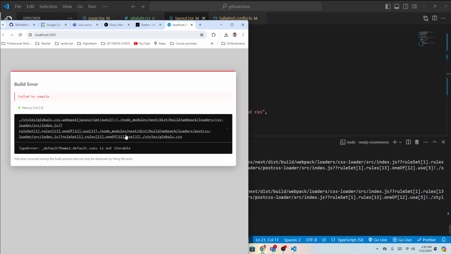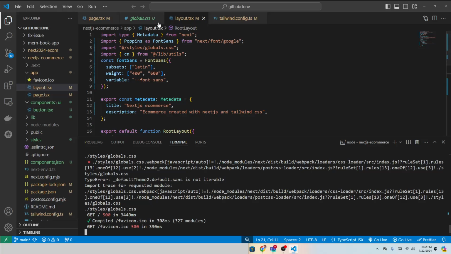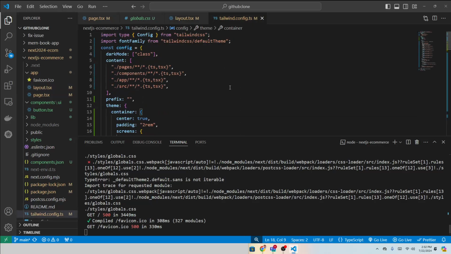So it's saying what, right? Node module next.js build webpack loader, whatever. Default instance is not iterable, right? Okay. Maybe what I think is this one. I don't know if that is the